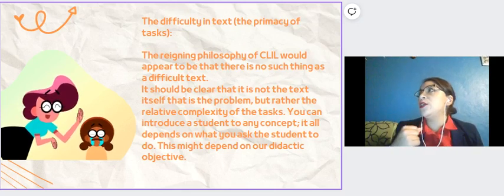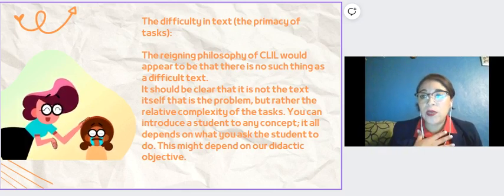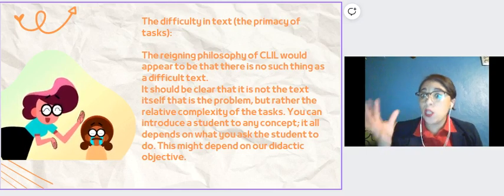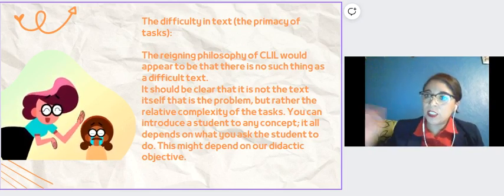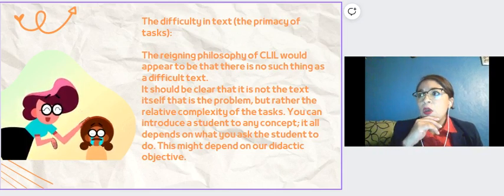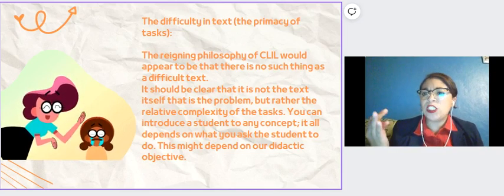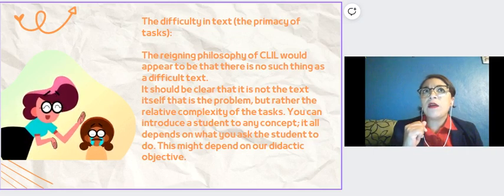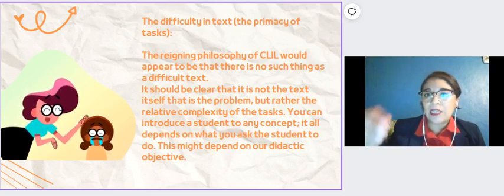So I'm not going to teach about the solar system to my kindergarten students and ask them for the volume of the planets or for the distance between them and the sun. No, I'm going to ask them what color are the planets. I'm going to ask them which is bigger than the other. I'm going to ask them, is the planet hot or is the planet cold? Those are the questions and those are the tasks that my kids can actually do.